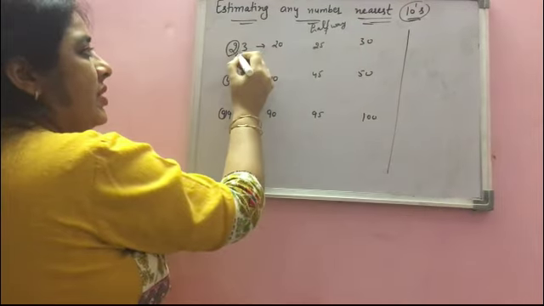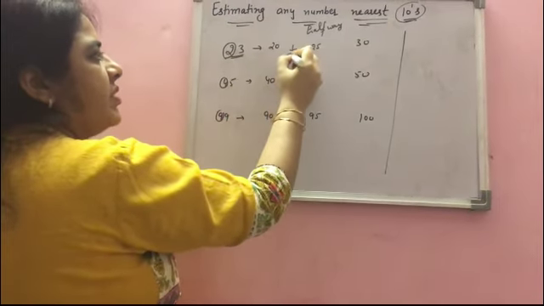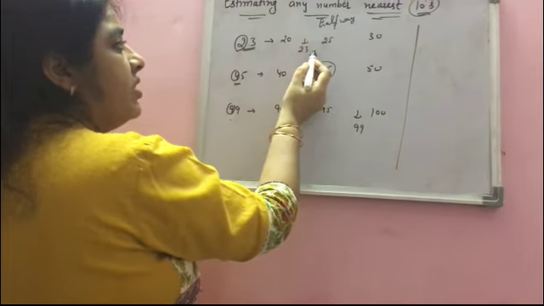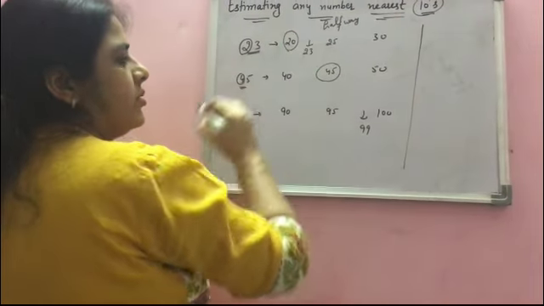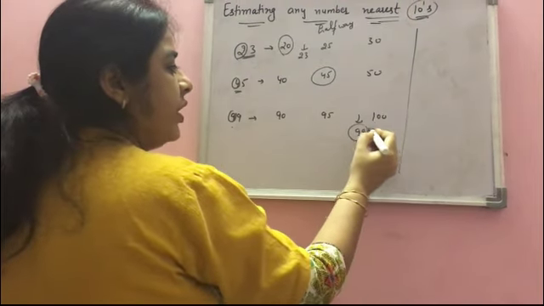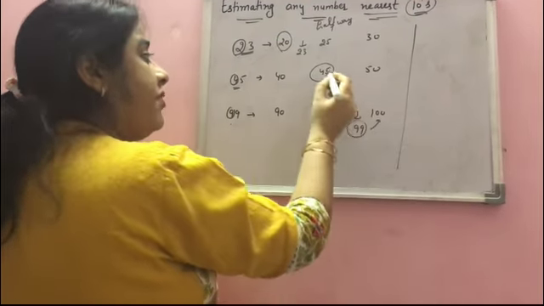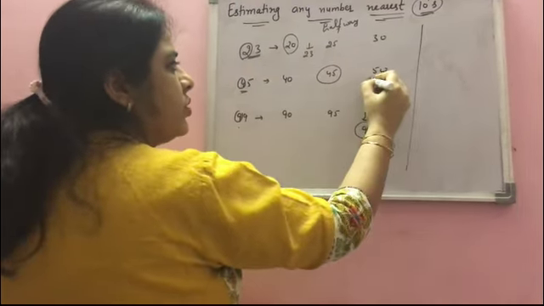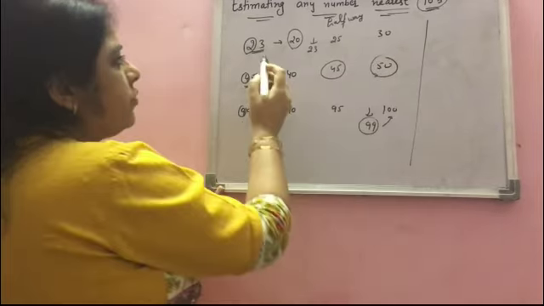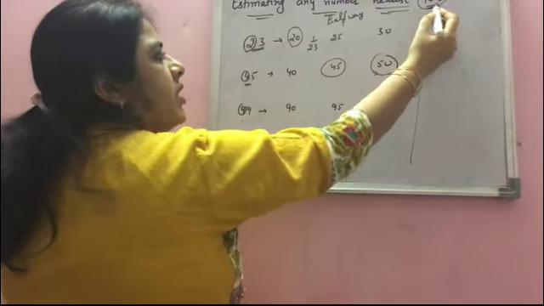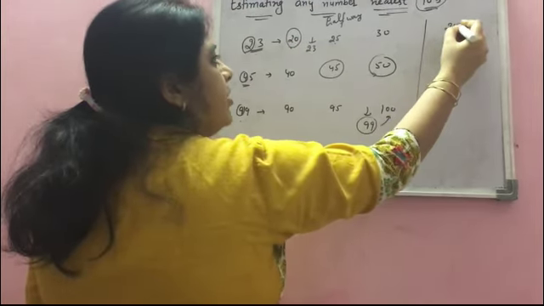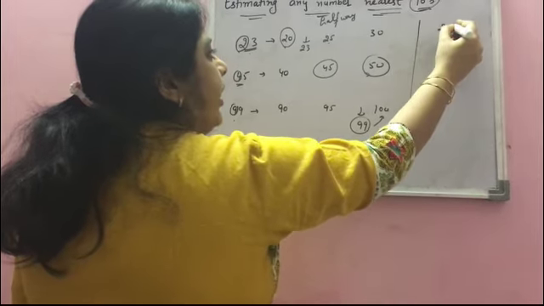Now see, this one is less than the halfway, meaning it lies here. This one is exactly the halfway. This one is more than the halfway. So when the number is less than the halfway, it goes with this. If more than the halfway, it goes to the next one. If it is exactly the halfway, we will not look back, we will go to the next. So 23, when estimated to the nearest tens, will go with 20 because it's less than the halfway. So the answer for this would be 20.